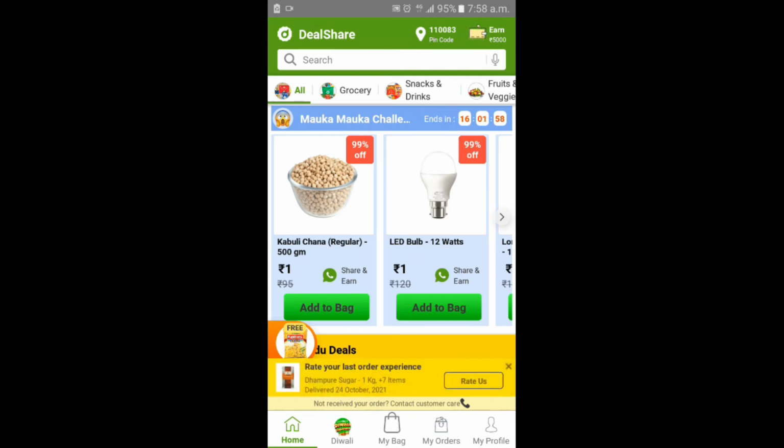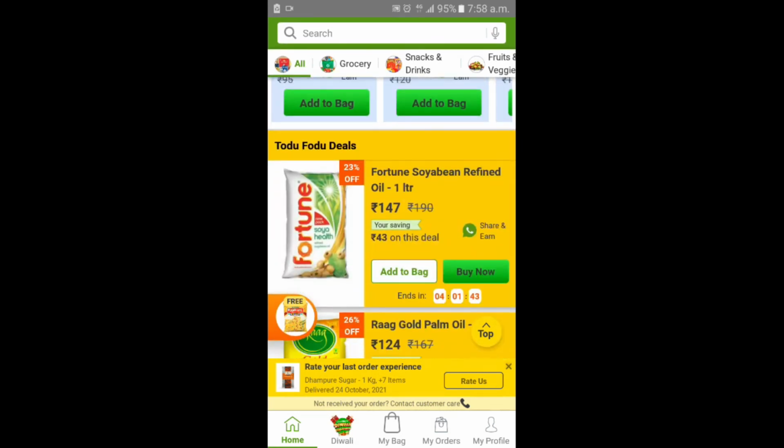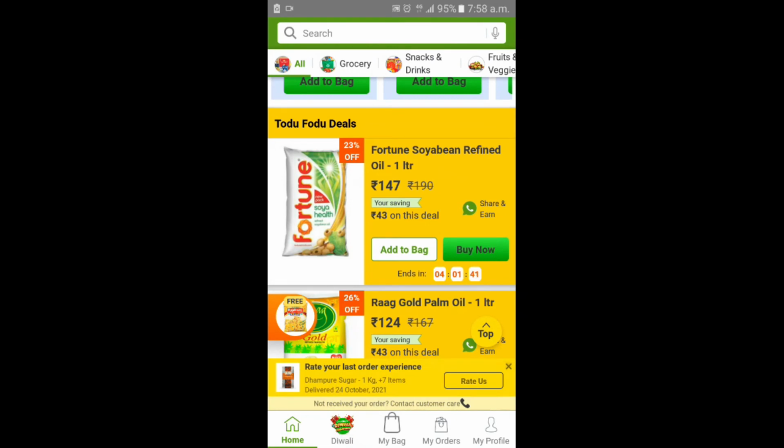So if you want to purchase more, only one deal you can add for 1 rupee, not much. This is the case in DealShare, because if they are providing all deals for 1 rupee, then the shop would bear the cost or might shut down.